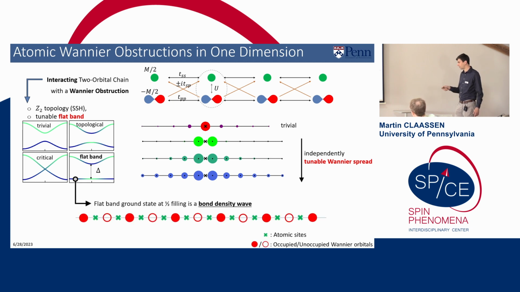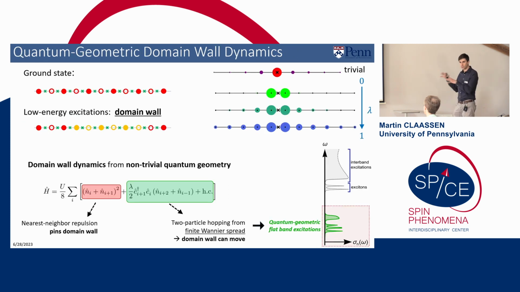Okay, so what happens is actually the ground state is particularly neat in the inverted regime. Turns out one can show analytically this forms a bond density wave in the flat band limit, where the Wannier orbitals of this band are going to be localized, centered between two atomic sites, and are going to have an even-odd filled, unfilled pattern. Now, we're not interested in ground state properties, but the excitation spectrum, which is also very easy to understand. If you have a bond density wave, the lowest energy excitations you can have are domain wall excitations, where you form a domain and an anti-domain here between even, odd, odd, even staggering of the bond density wave.